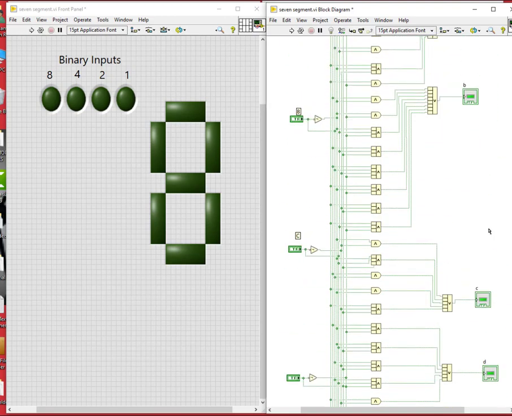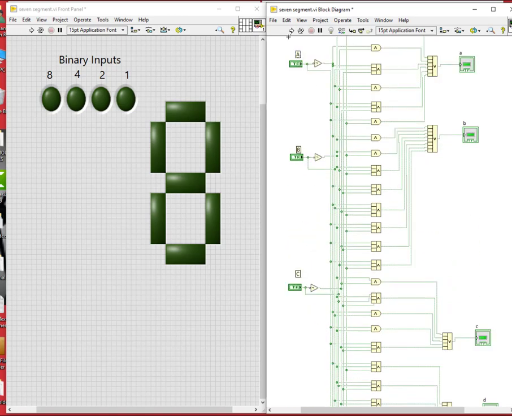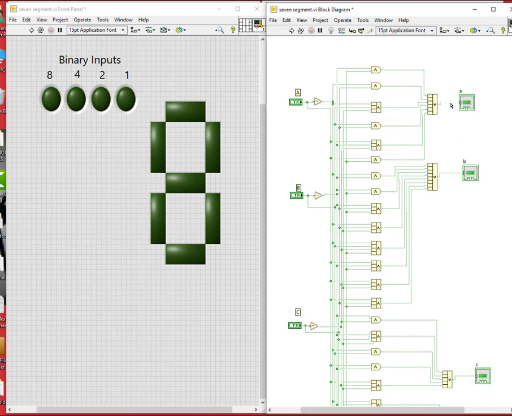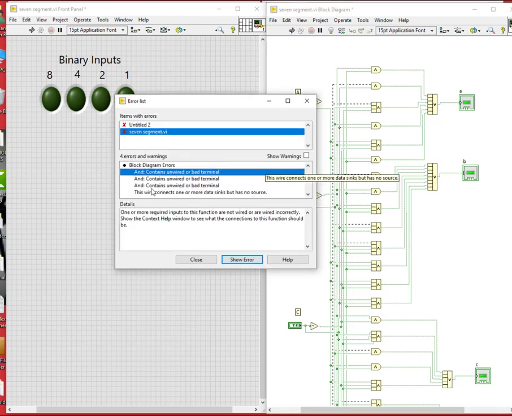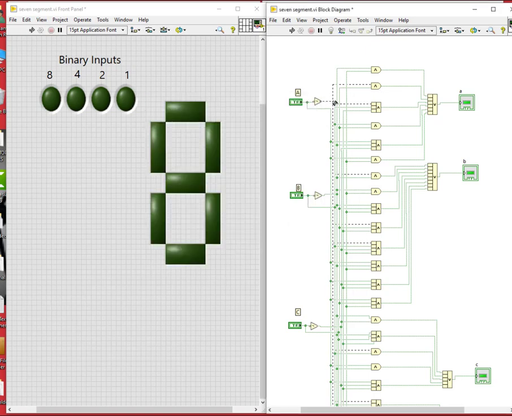So we have finished with this one, and if you see here, you don't have any errors. If you remove any one of these, like this one, you can see an error, because of many broken wires, and the errors will be highlighted for you, so you can see where they are. For the AND gate we have errors because it is an AND gate. Here I have connected it, and again you can see that the errors have been removed, and I just run this continuously.